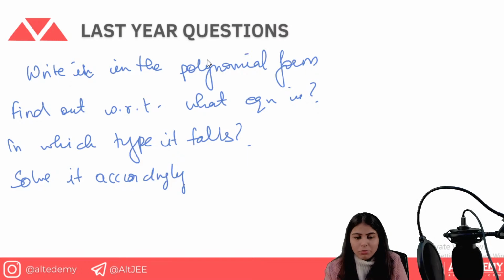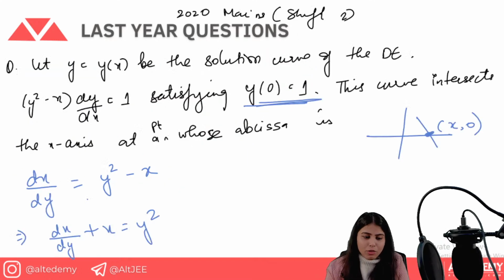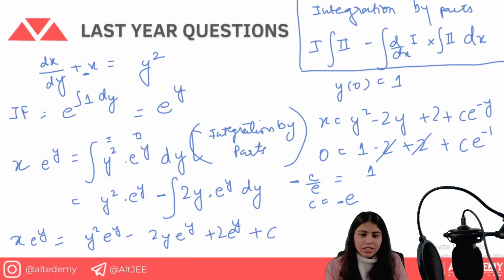Firstly, write it in the standard form, then identify with respect to which variable the equation is. So you need to calculate the integration factor in terms of that, and then write the solution and solve it accordingly. And according to the condition, you can get the value of the constant when you are able to get the differential equation. So for example, here also dy by dx was not alone; it was attached with something. So what you did is you just did dx by dy, you just made it in the form of the standard equation. Okay, now that we have formed the standard equation, you can calculate again the same steps, that is the integration factor.